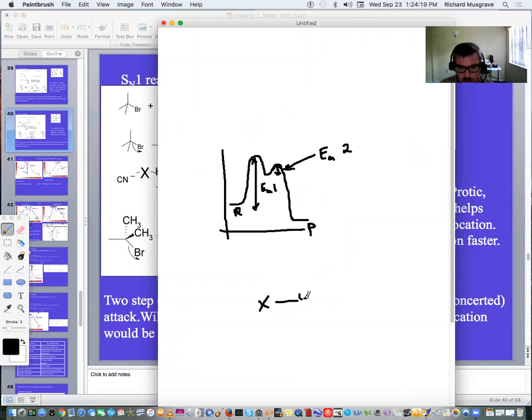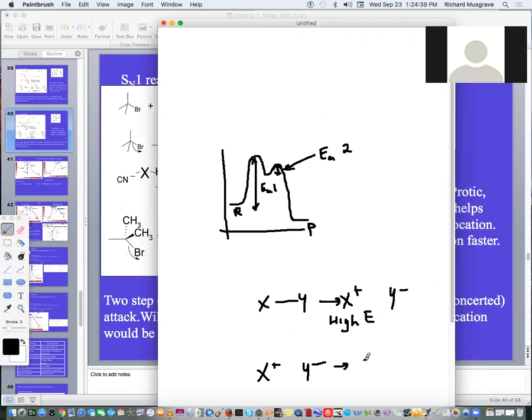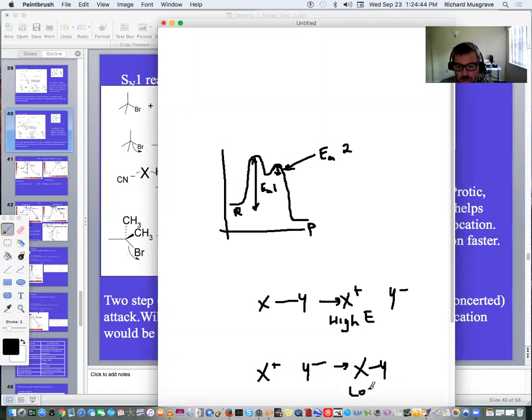If you have two things, X and Y, and you split them apart into X plus and Y minus, that takes a lot of energy. But if you have an X plus joining with a Y minus, that's a very favorable process. So that's a low energy process,